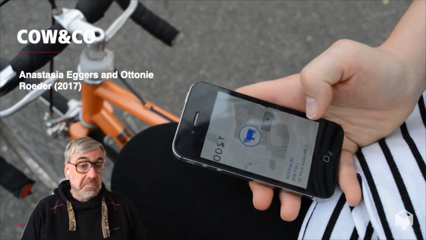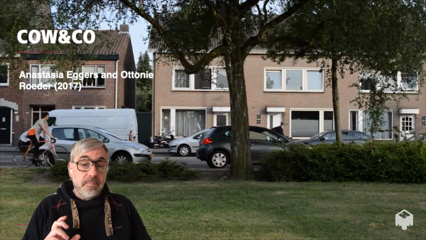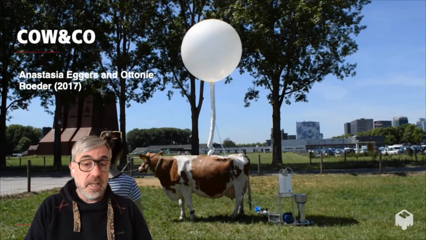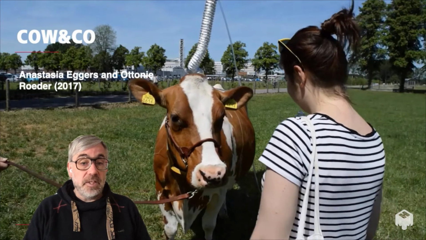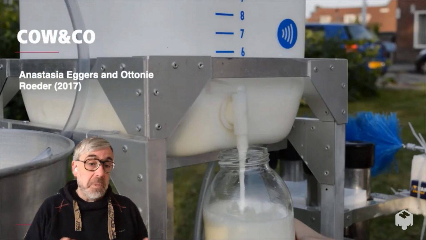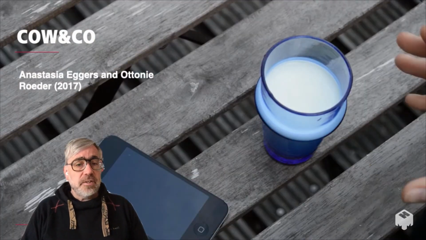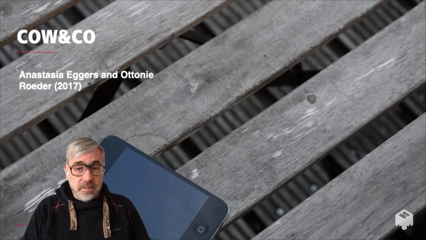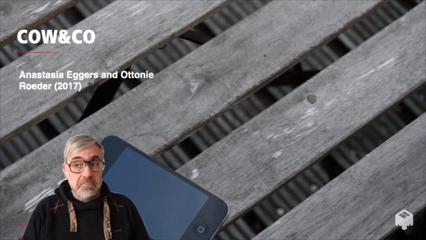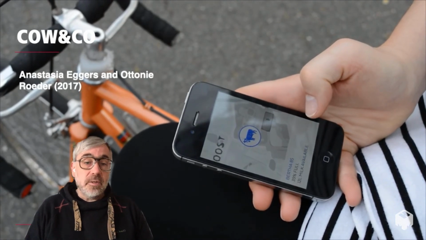So she can also decide the place where she is. In this case, she's in the middle of the city, and you have an app and you can see where the cow is, and then you go to her and you buy her milk, and she gets the money. And it raises, of course, a lot of questions. On one hand, it's funny, it's maybe a little bit ironic. On the other hand, it also makes you think about, okay, why didn't I think of the fact